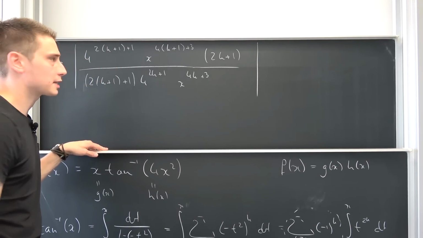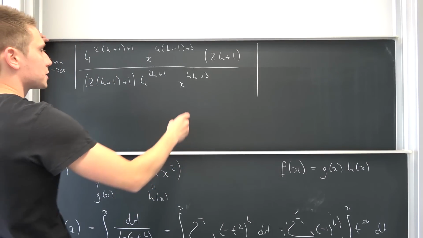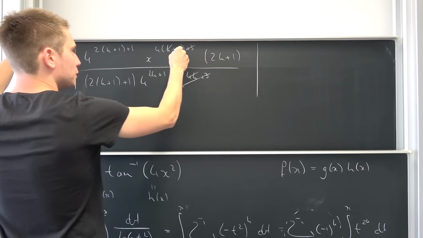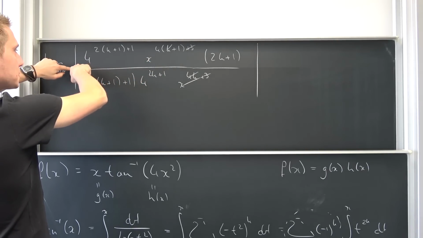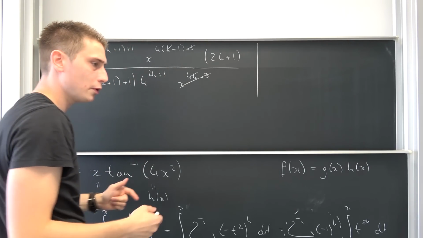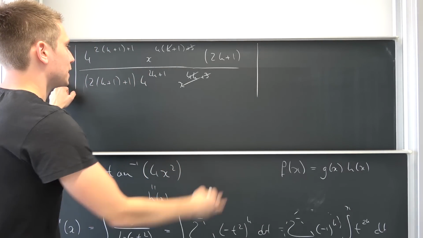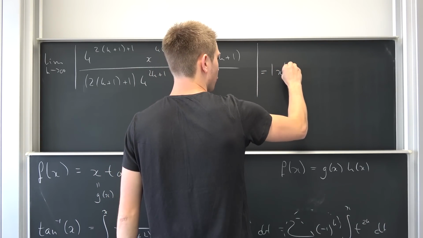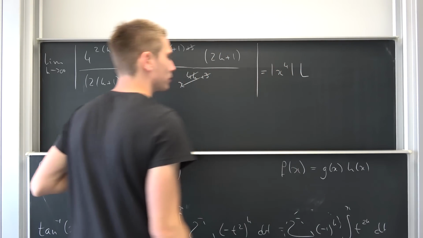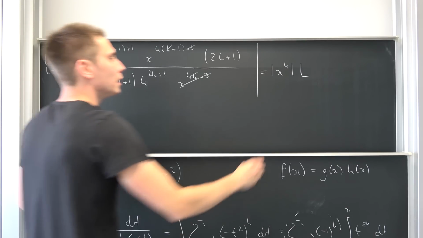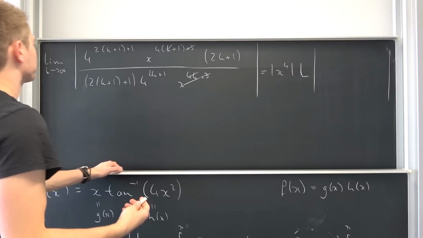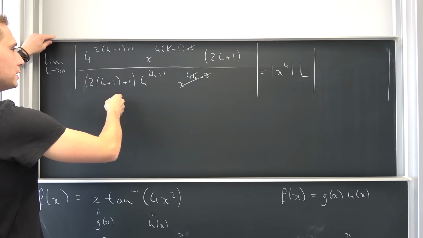Let us see what is going to cancel out. Most of the time a lot of stuff is going to cancel out. So 4k and 4k is going to cancel out, 3 and 3 is going to cancel out, leaving us with the absolute value of x to the 4th power. It's independent of k, so we can bring it to the outside. So what we are having is x to the 4th power times the limit. I'm going to denote it as capital L of the absolute value of